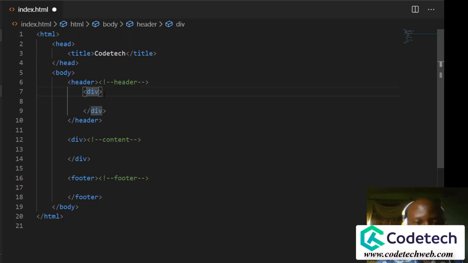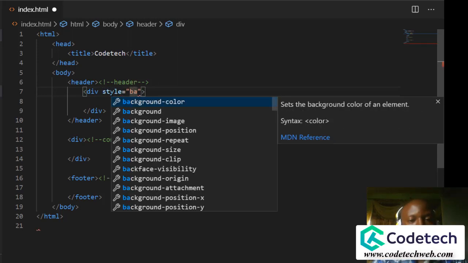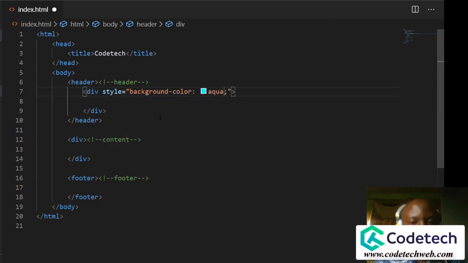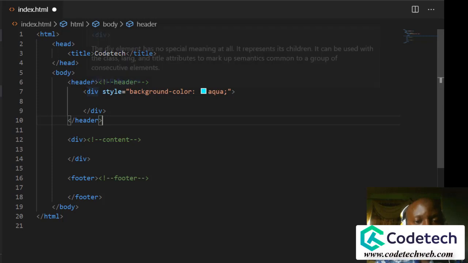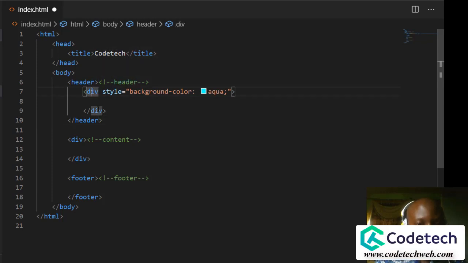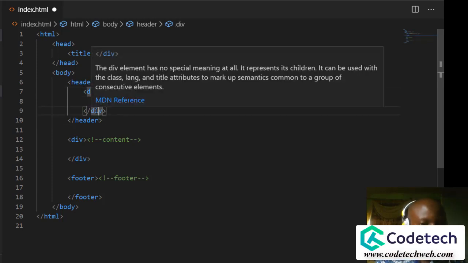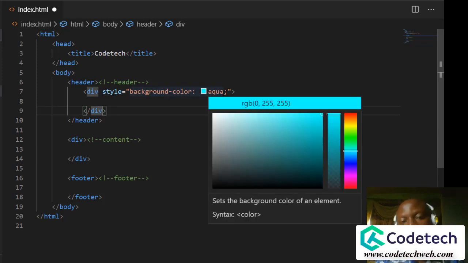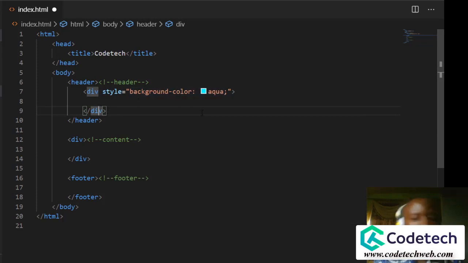And let me show you something here. If I come to the div, just observe very well, I am doing this before the greater than sign. So I'm adding a style, and this style I'm going to call background color. Then you can give it a color that you like. So what does this mean? It means that this div, starting from here to here, remember this is the closing tag, the slash here denotes the closing tag, so giving it a background color of aqua means that this whole division is going to have a separate